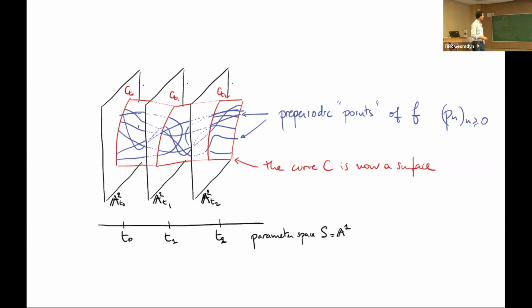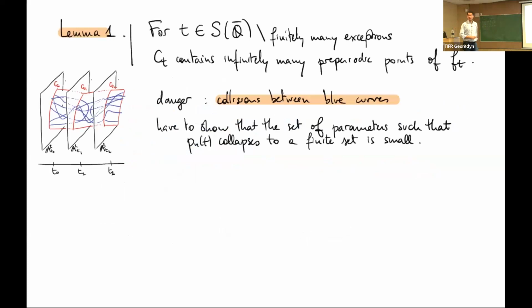So the first step of the proof is, I said that when you specialize T to be given algebraic numbers, we would like to apply the first part of the proof. So what we need is that for this algebraic number, there are infinitely many periodic points on the curve. And what could happen is that we may be unlucky, and that for these algebraic parameters, all these blue curves collide to a finite set. And we might be very unlucky, and this happens at every algebraic parameter. A priori, this could happen at countably many parameters, and these countably many parameters could be the whole algebraic numbers. So we have to exclude this possibility.